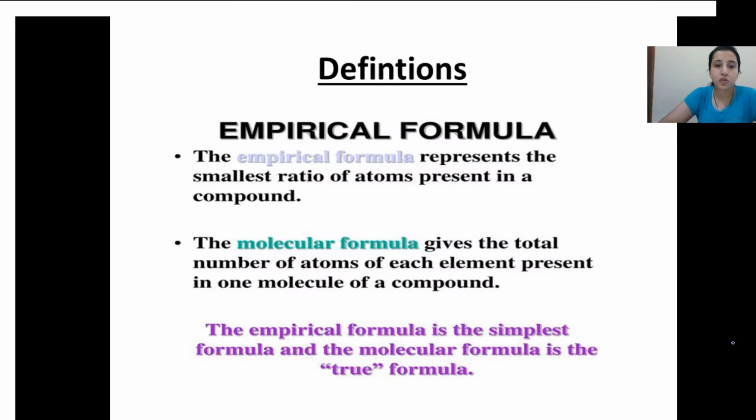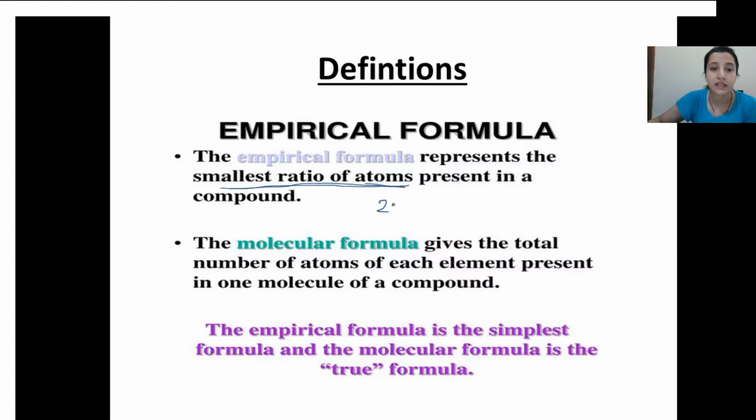Now we proceed to our topic, empirical formula and molecular formula, which children consider as, oh my god, how to do it? What a destruction, how to follow the percentages. Now we'll do it in a very simple way. The empirical formula represents the smallest ratio of atoms. Please, I'm specifying this word ratio, because empirical formula does not let you know the exact number of atoms present in one molecule of a compound. It only tells you the smallest ratio of the atoms.